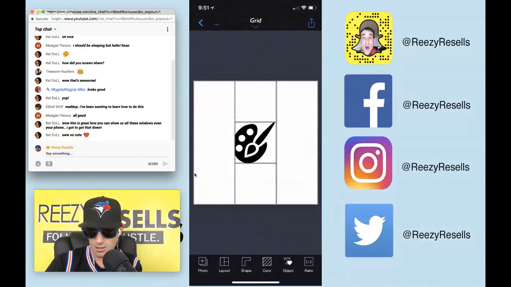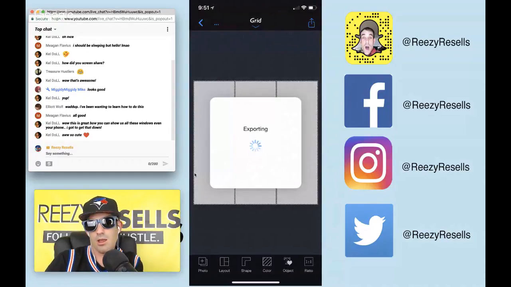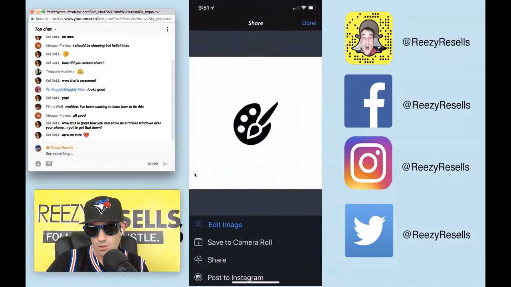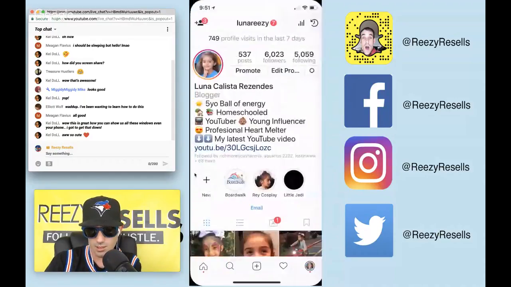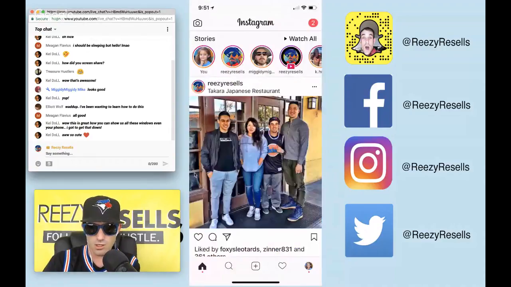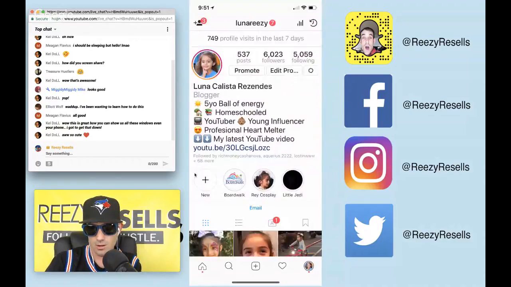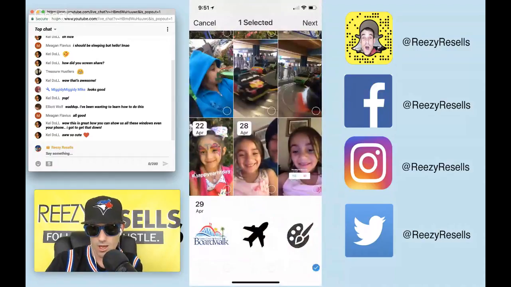Oh, let's see. How does this look? Is it even all in there? All right, it looks like it's in there. Let's see. Export that. Then we're going to save it to camera roll. It looks good, right? And then we're going to go back to Luna's profile and back to Luna's post to story. We're going to post the face painting palette icon and we're going to click plus to add it to the story. Then we're going to go back to the feed and we're going to create a new one starting